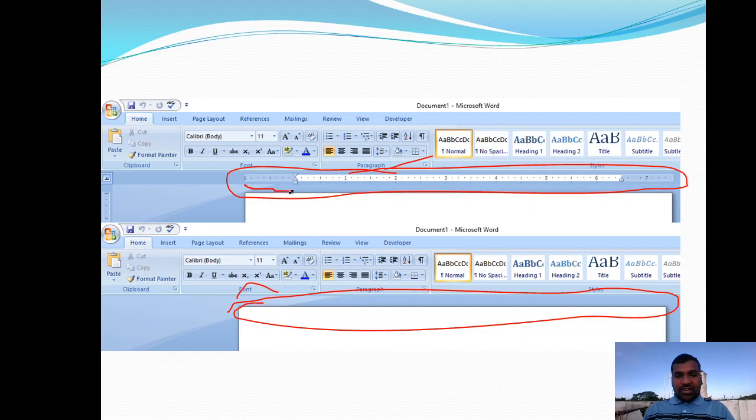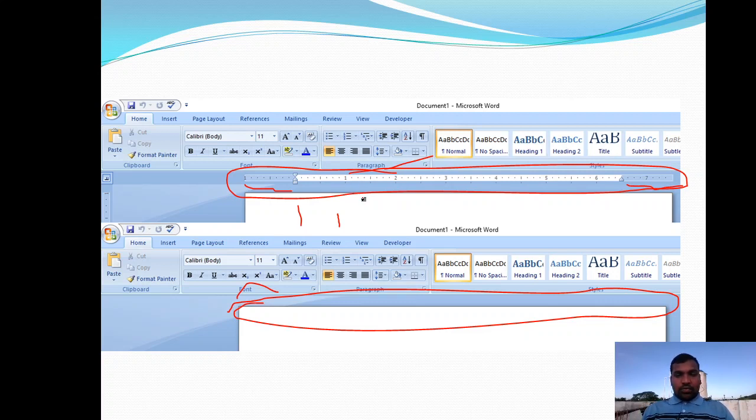This is the left indentation, and this is the right indentation, and some top and bottom indentations are there. Next, we can know from where we need to start the starting line of the paragraph, and how the words are appearing in that particular line, etc. Everything will be clear. The ruler is in on mode.